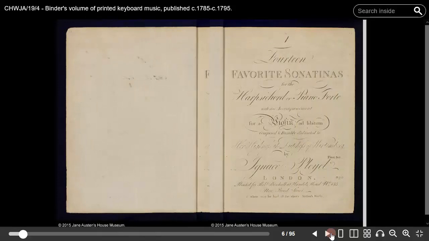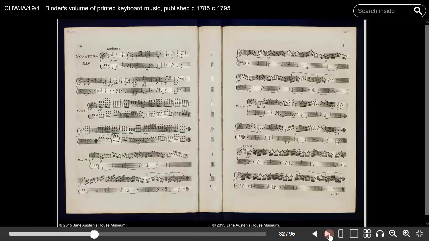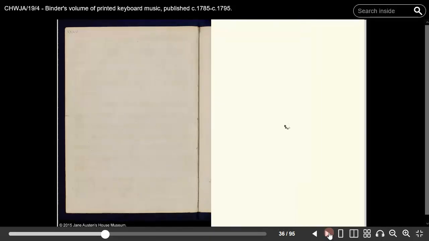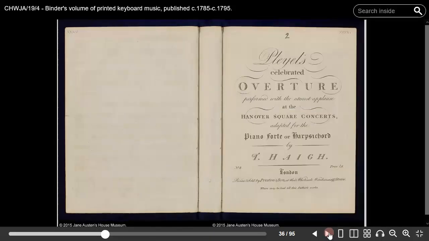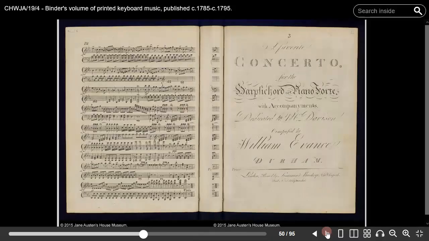The first item is an edition of 14 sonatinas by Pleyel. The second is an overture, the third a concerto, and so on.